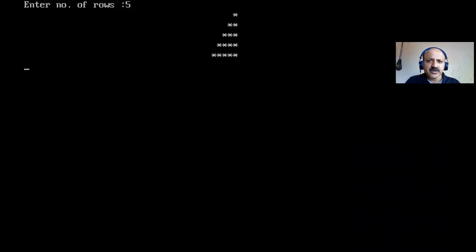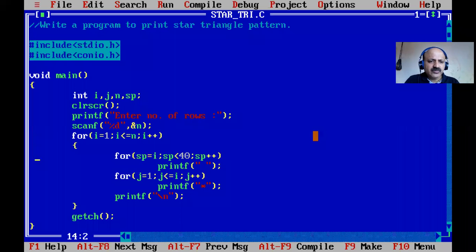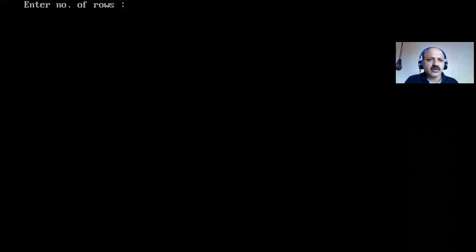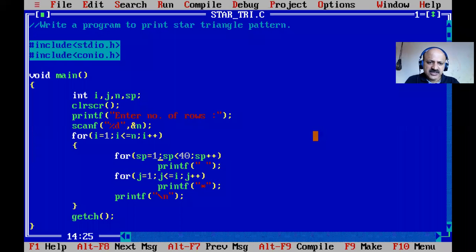Here what happened? Yes, our pattern is changed. Look, the shape is changed from left to right, right to left. Again we go here and make a normal change: here we provide one. So our shape, first left, is now right. Yes, that is the right shape. So here there is some simple magic: provide the i so that the number of spaces is less in that loop.